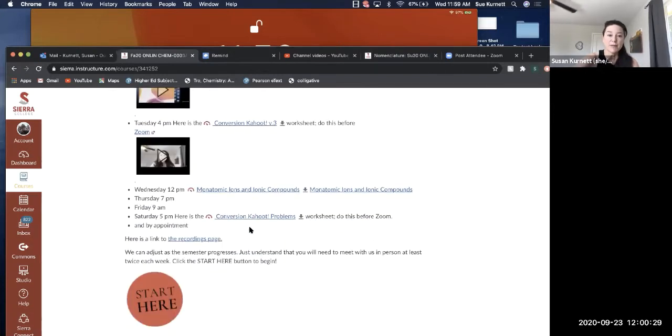And then today we're starting a different topic. This week is ions, ionic compounds, and weighted averages. And so I have some Zoom notes here. This is a PDF that you could write on if you wanted to as I go through the presentation today. And then this is GoodNotes. So if you have GoodNotes, which is an app, maybe for an iPad, you could write right on your iPad with those notes.